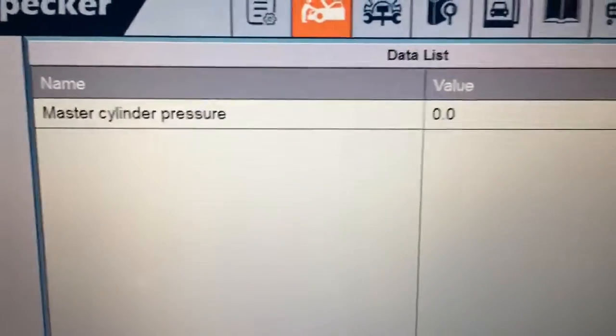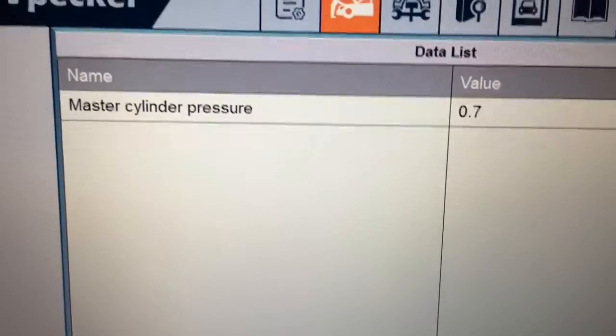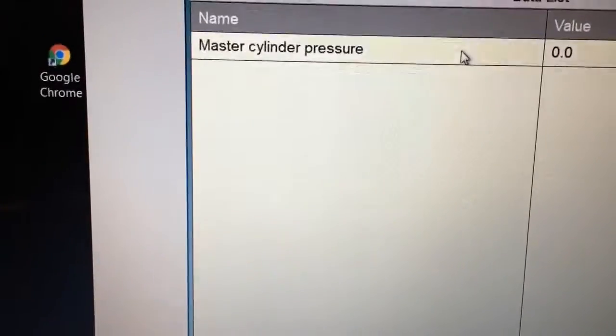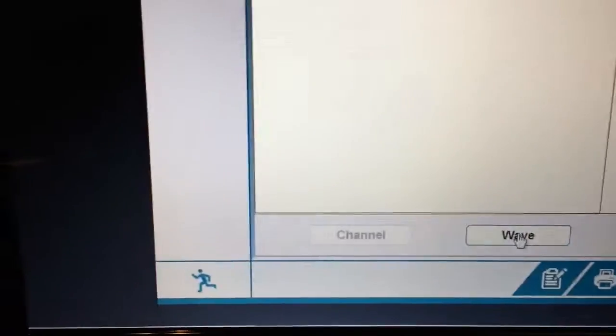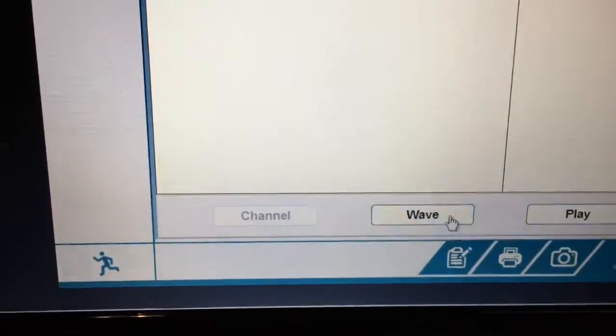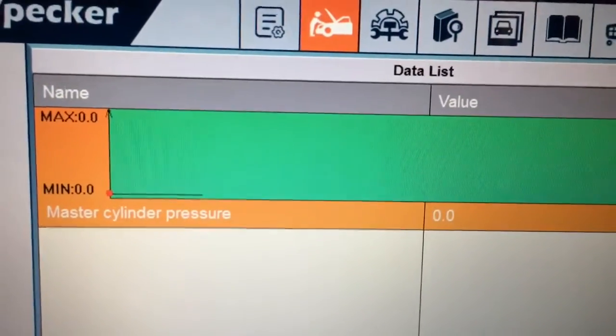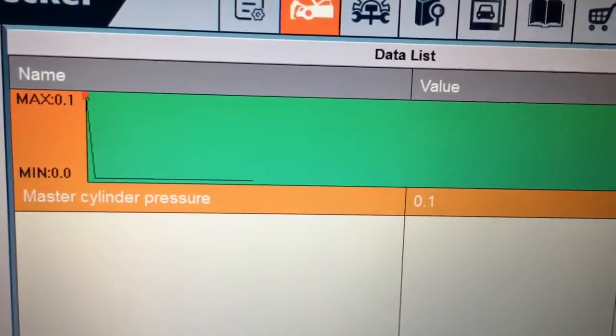So I'll just step on the brake pedal. You can see we're in the data stream now, right? And it actually gives you a numerical value, or you can click on it, come down and click wave. I guess that's a Chinese word for a graph. And you can see I'm stepping on the brake pedal. I'll ramp up the pressure,